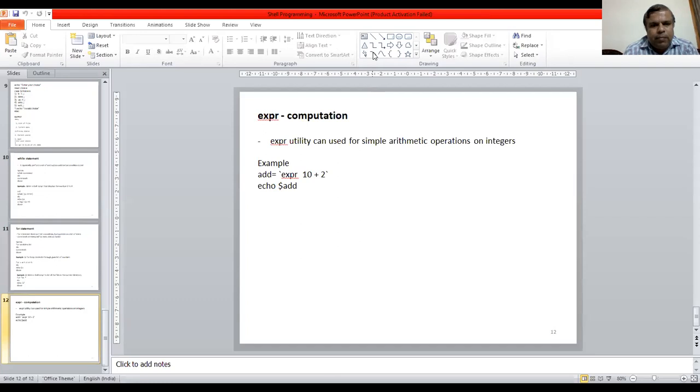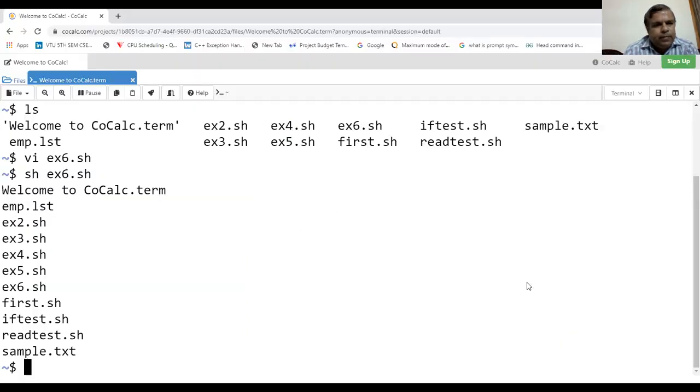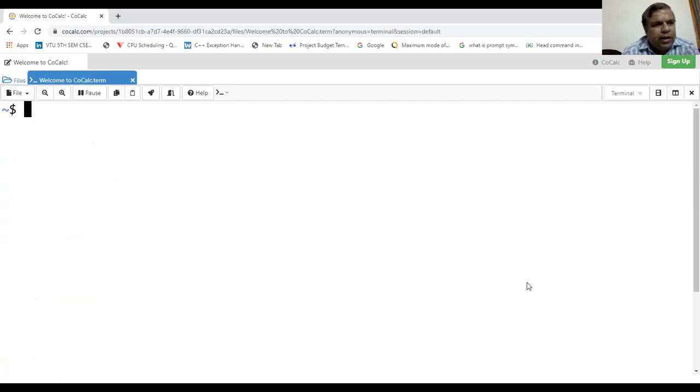Let me check it on the Linux terminal. There is no need to create a script. You can directly execute it.